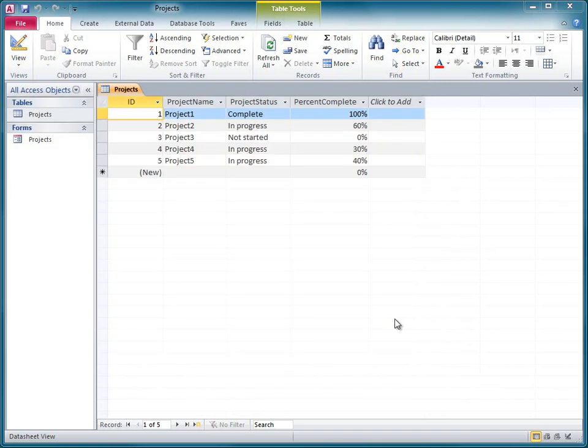A new feature of Access 2010 is the ability to add macros to table events. Here I have a table of projects in various stages of completion. I want to add a data macro that automatically sets the %complete field to 100% if I set the status field to complete. Likewise, I want the macro to set the %complete field to 0 if I set the status